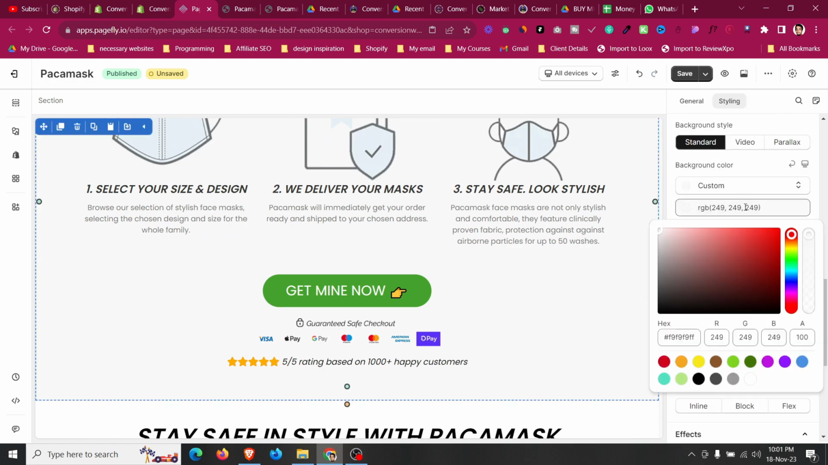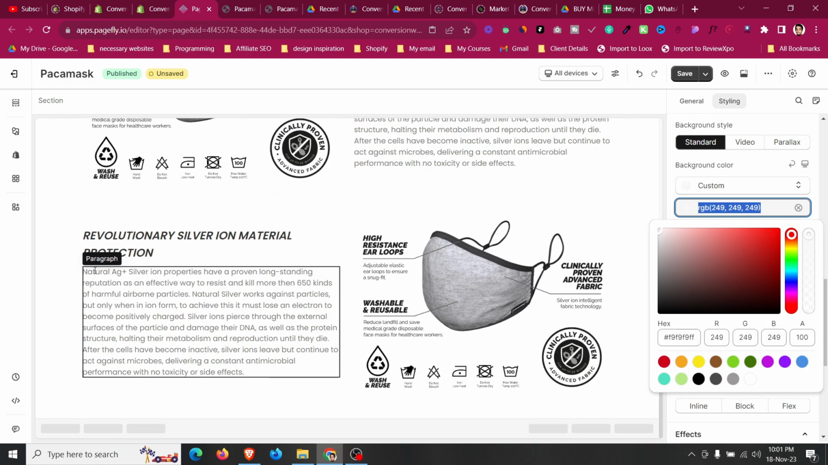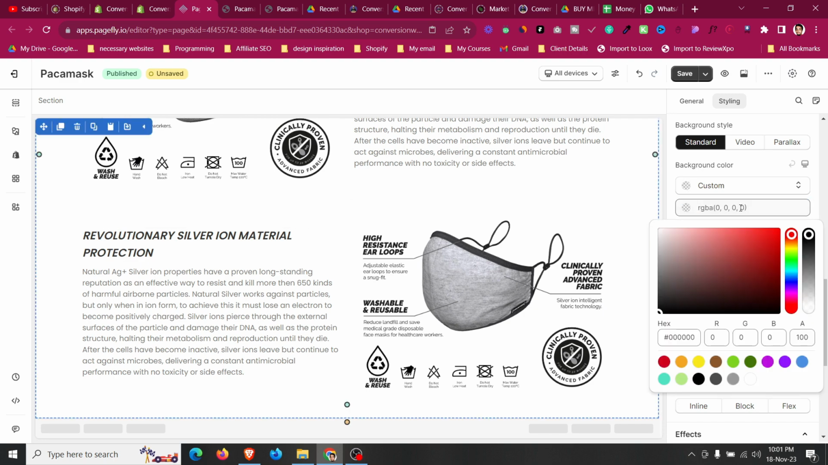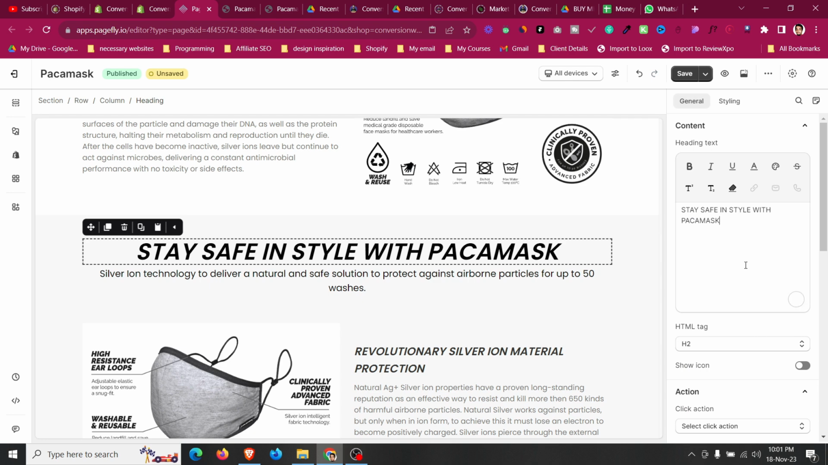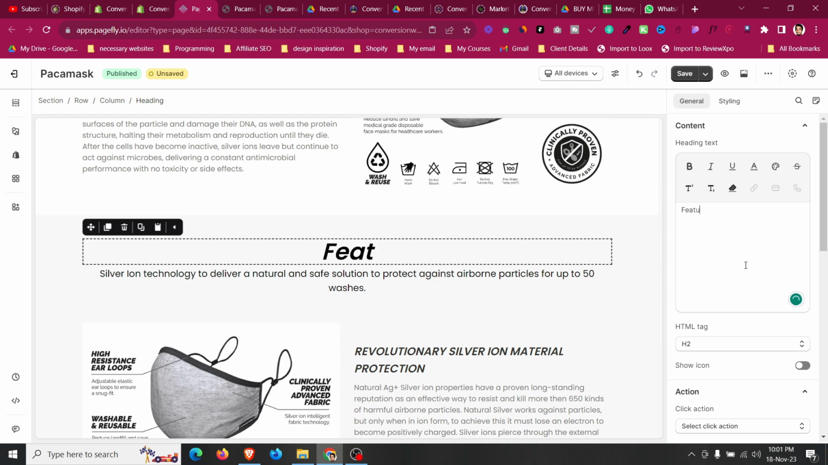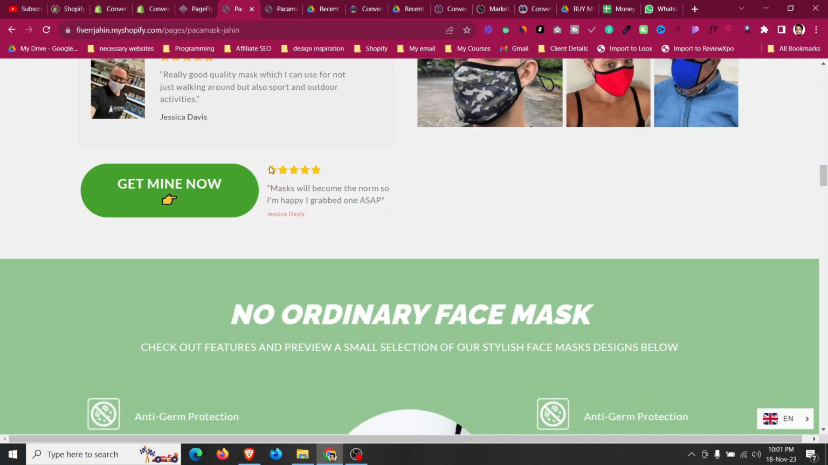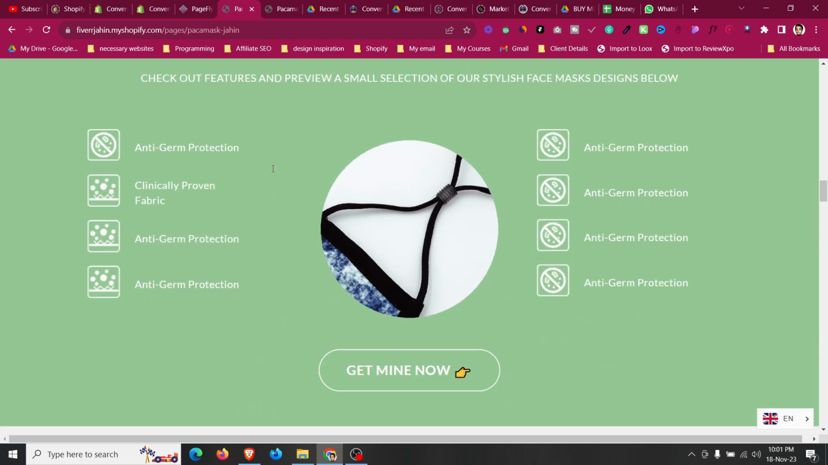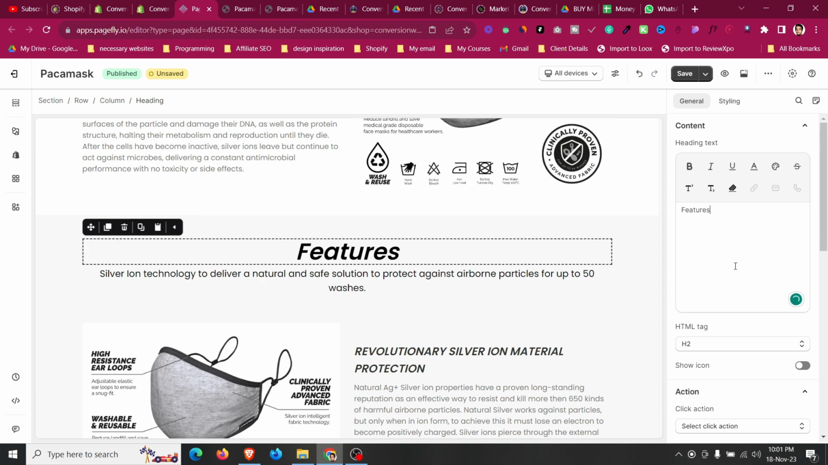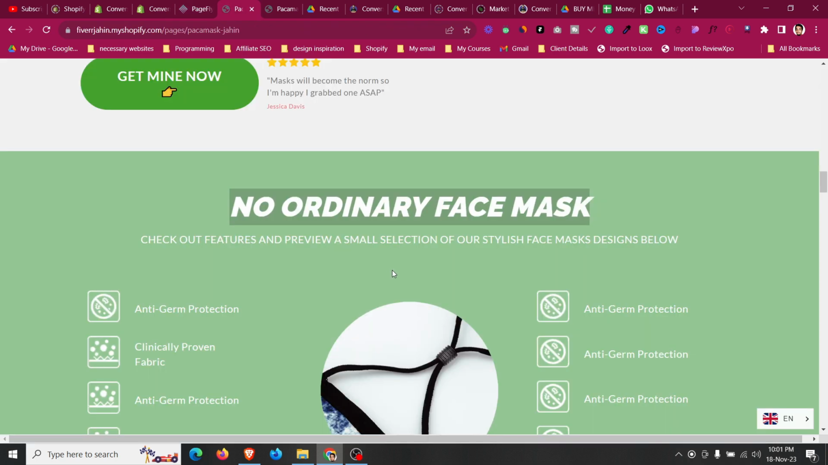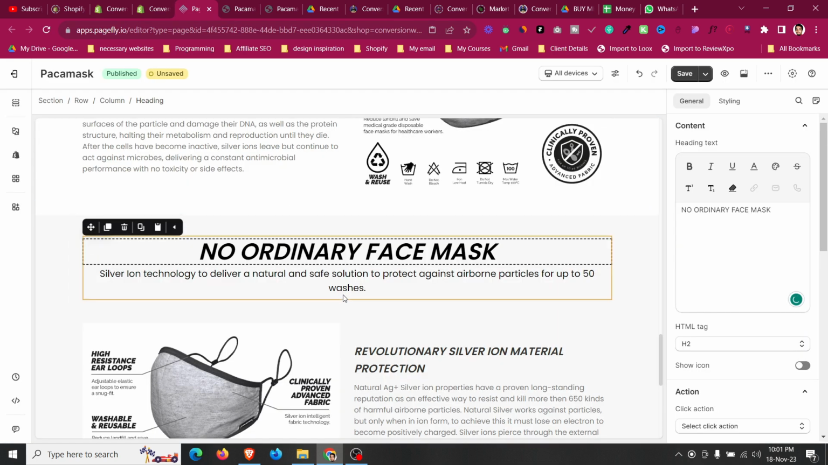I will go there and copy that background color, scroll down to that row and then just change that color. And this section is only for features, like what features this product is giving. You can put any headline here, whatever you like. Okay, now you can copy this one, no ordinary mask, something like this, and then copy this and paste it